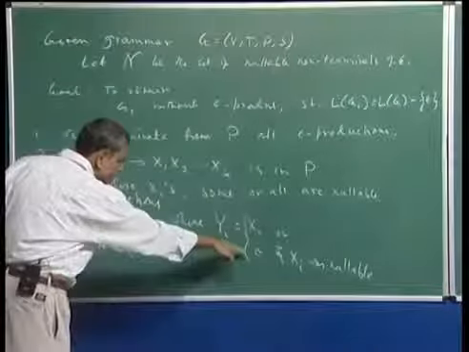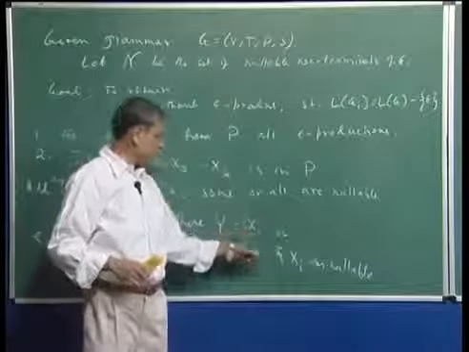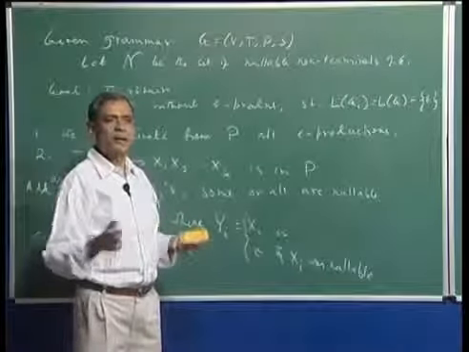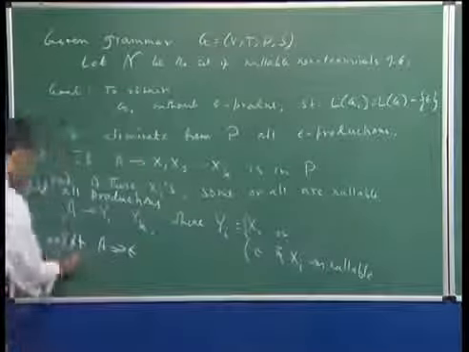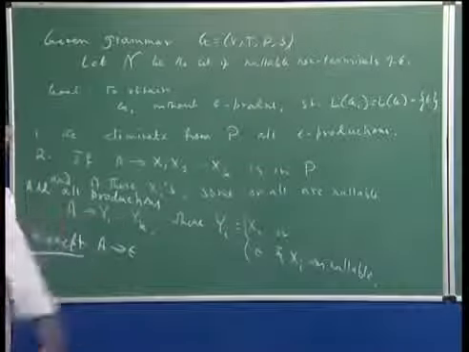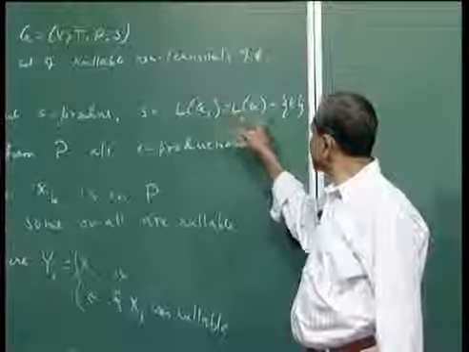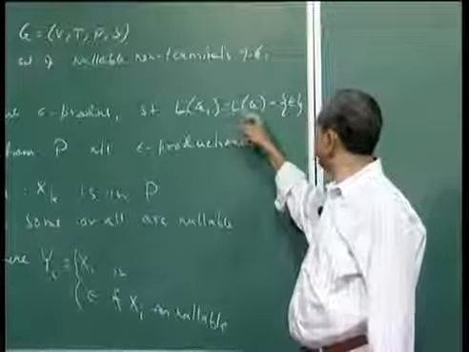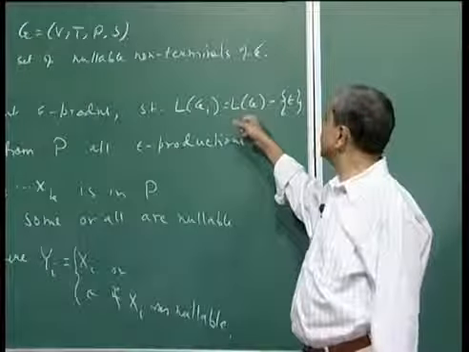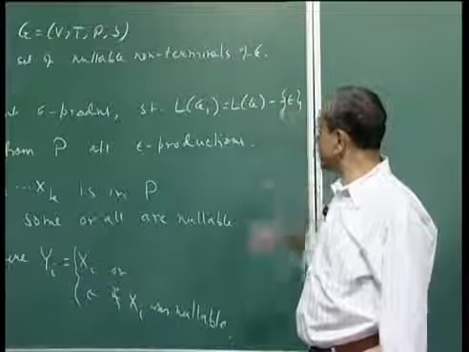So, if I had just said this much, then you could have replaced each xi with epsilon, and then the right hand side would have been epsilon itself. So, that possibility we are removing. So, what is our G1, which has the property that it generates every string of the grammar G except the epsilon string, right, the string epsilon.